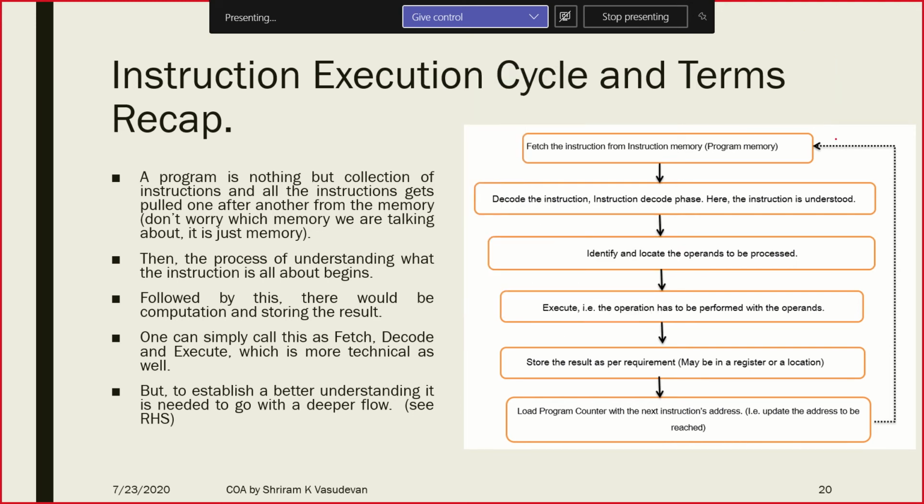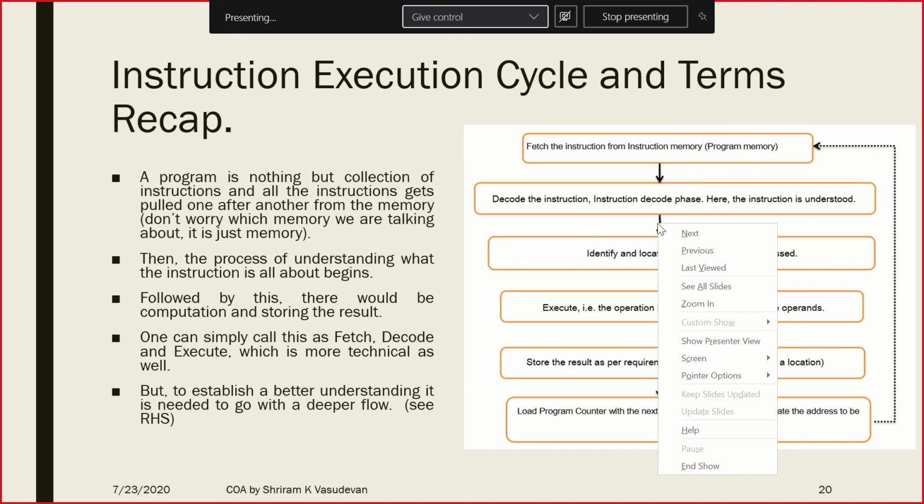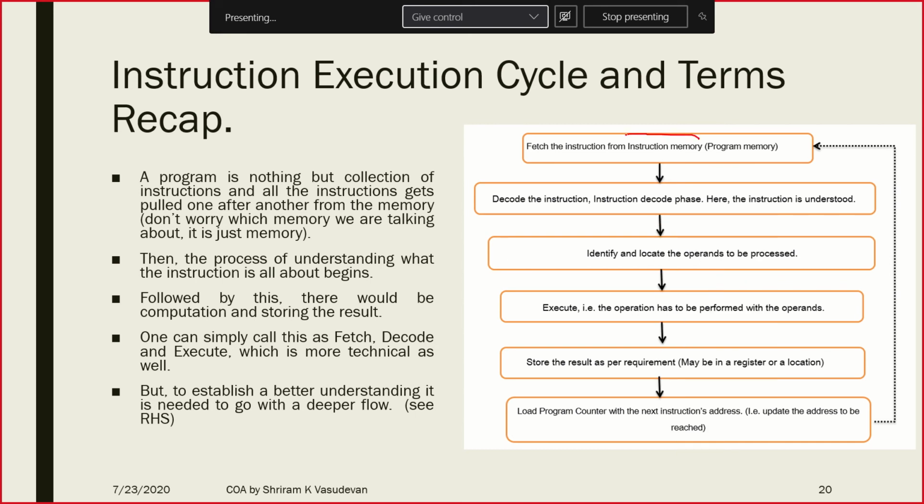This is exactly what is happening in the entire flow. Remember this. But let's understand how it works in terms of instruction set. I told you in terms of a simple C program, right? Now it's time for us to understand how exactly it goes in terms of instruction set. What is the first step? The first step is to fetch the instruction from the instruction memory or program memory. Remember, we have our code stored in instruction memory or program memory. What is the next step?